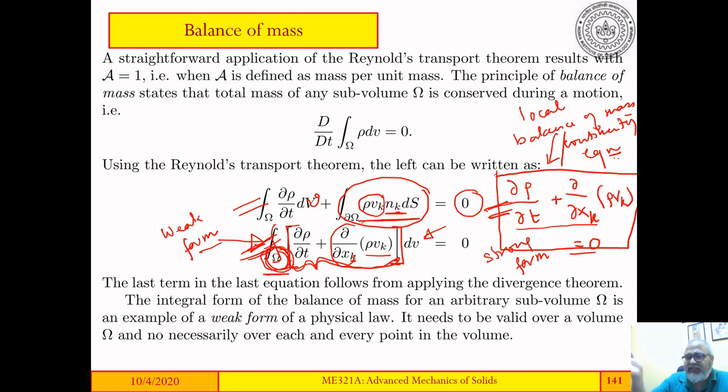There are no regions which have rho going to very high values close to infinity or so on. Also, the discreteness of matter is completely ignored. The matter is not discrete at any point. It is completely continuous, and the validity of the localization argument